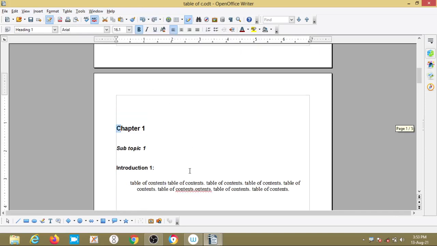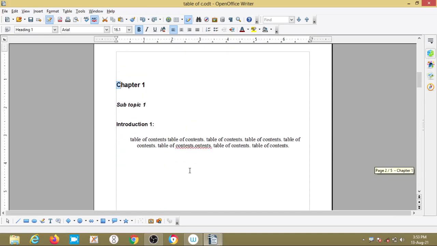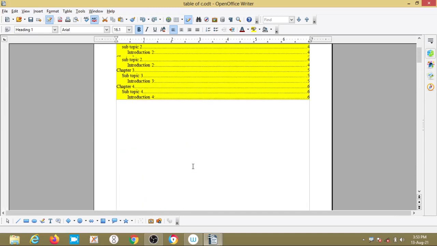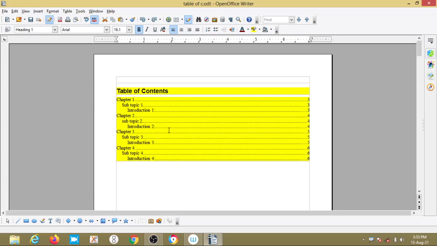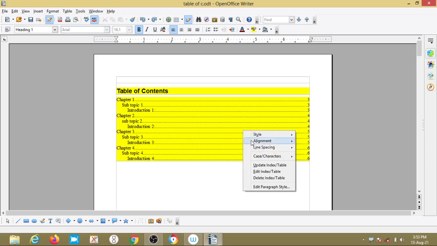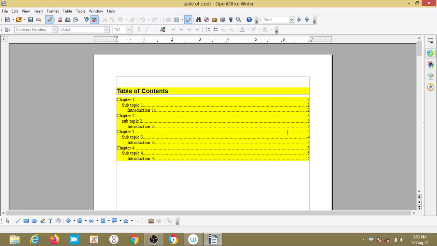So now this is page 2, right. So this is page 1. Now chapter 2 is on page number 2. What I am doing is updating the things, that is 2. So these are the page numbers we are changing.